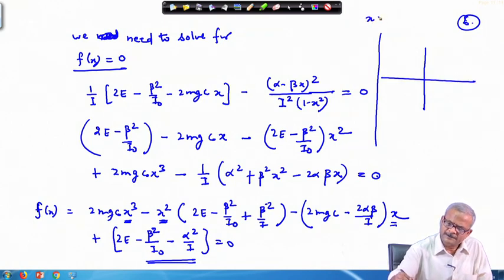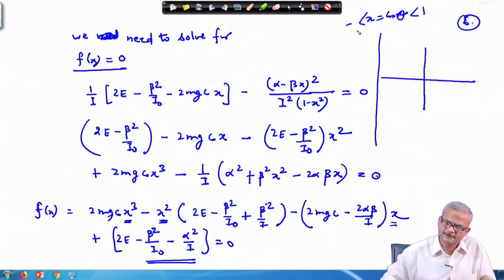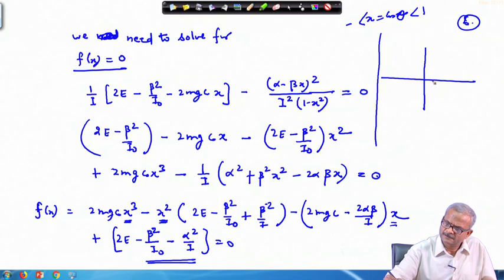because x we have written as cos theta, this is bound to lie between 1 and minus 1, okay, x equal to cos theta. So, it is necessary that the solution lies between 1 and minus 1. Cos theta cannot be greater than 1 and it cannot be less than minus 1. Okay. So, this is 0, 1 on this side and minus 1 on this side.